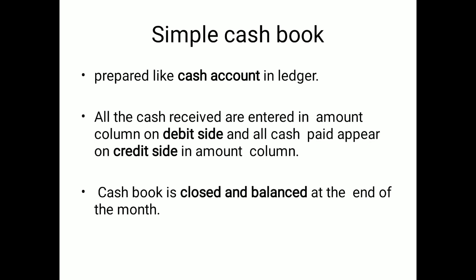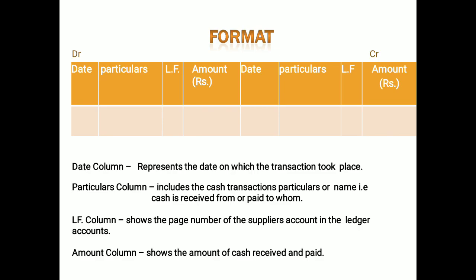If it is a cash book, the cash balance always remains positive. But if you are opening a simple cash book with the bank column only, then it can be positive and it can be negative. But generally we use the cash book for very small businesses using money in cash. So now you may see here, this is the format of your simple cash book. Now you may see at the top, the debit and credit words are listed. So this is the format of the cash book.